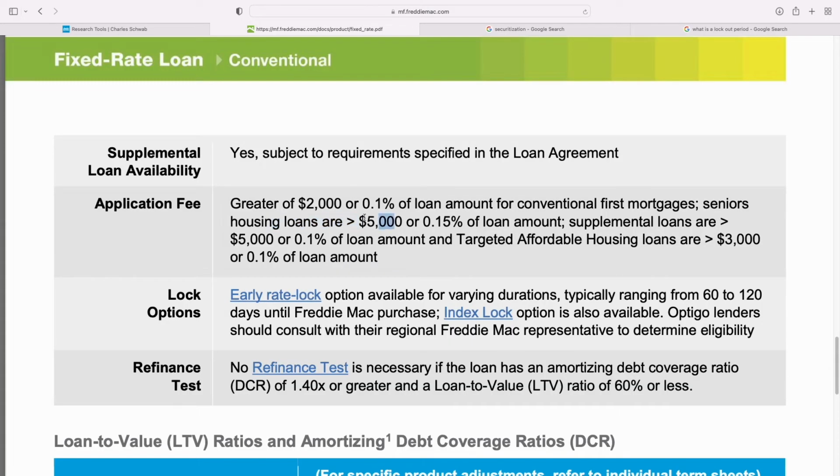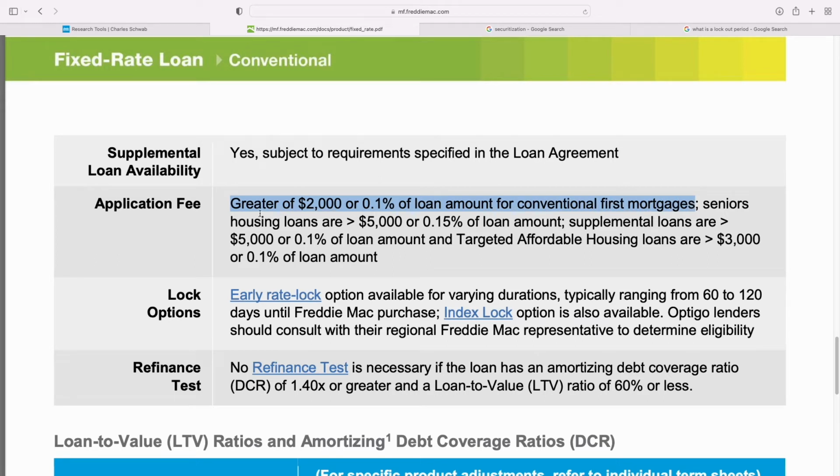So senior housing loans, we can see right here, senior housing loans are greater than 5,000 or 0.15. But we're not focused on senior housing. Supplemental loans, we're not focused on that. All right, so if you're doing multifamily and using conventional first